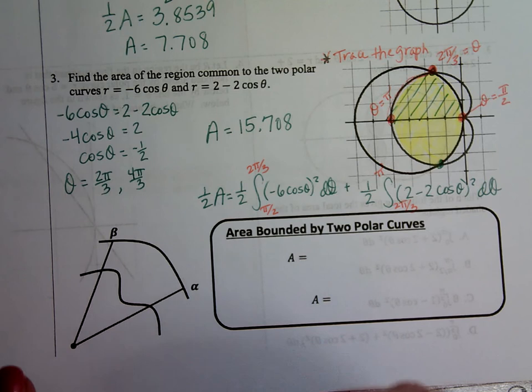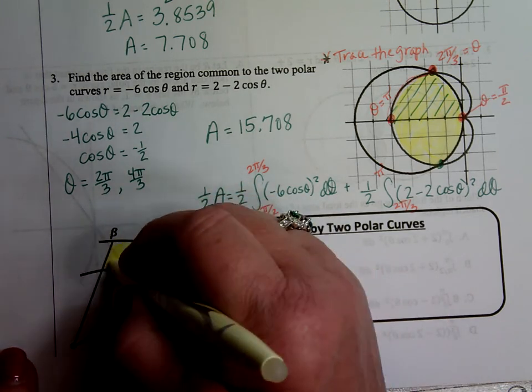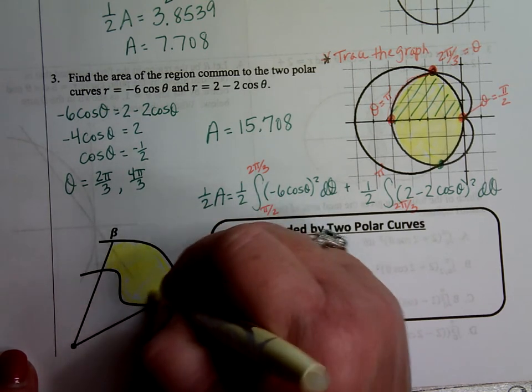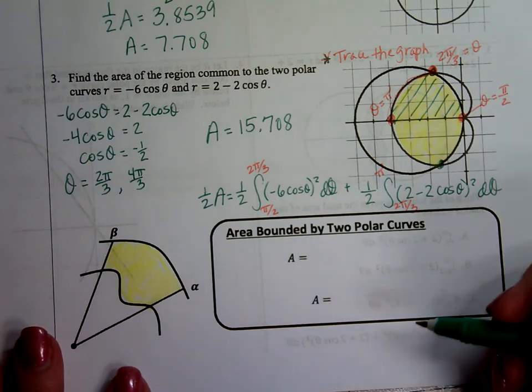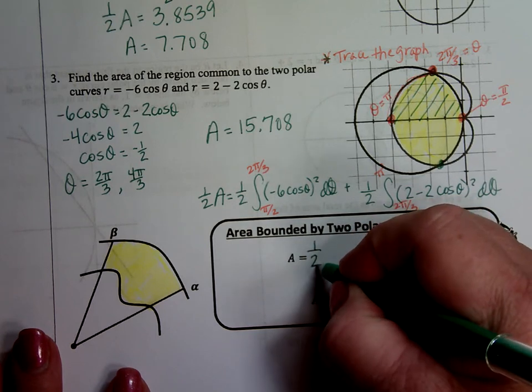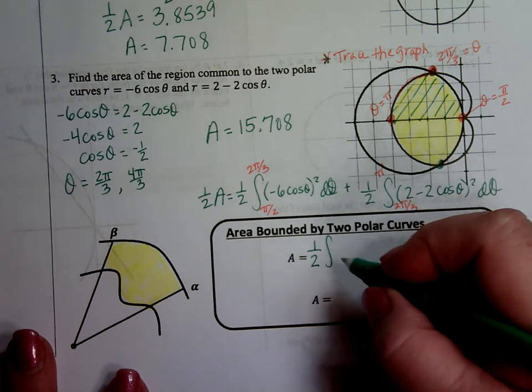Next one is, if I have 2 curves and I want to figure out an area kind of like this guy here. I want to know that area. How do you figure that area out? And so here's what you've got. I'll give you 2 formulas. The first formula is 1/2 the integral from alpha to beta